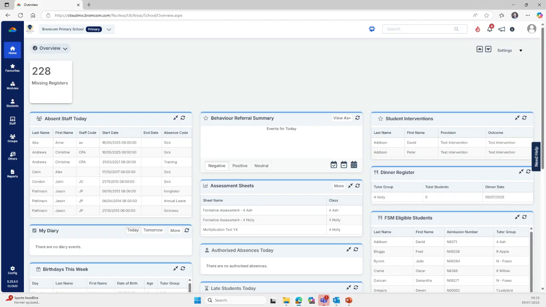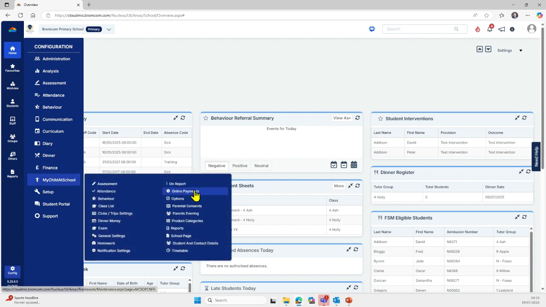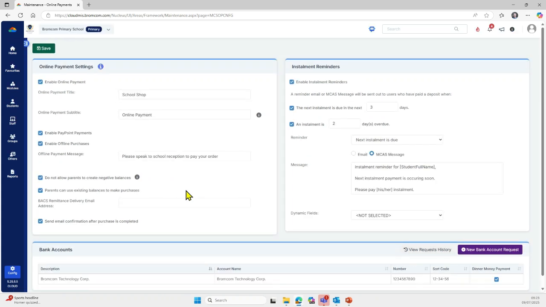And the first thing we're going to do is just check our settings for online payments. So we're going to go Config, MyChildAtSchool and Online Payments. And here we're just going to check that all our payment settings are correct. First of all, we've enabled it. We've called it the school shop and we've put in a subtitle of online payments. We can actually put in the student's name there using percentage signs, student name, and close percentage marks, and that